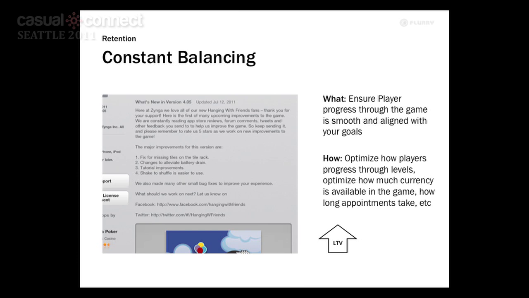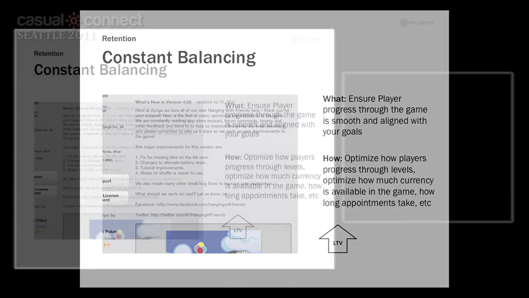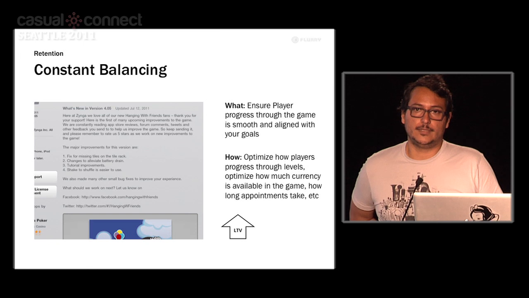You really want to ensure that. Again, you probably didn't worry as much in the old games. You just released the game and that's it. Maybe you would say, oh, we have a lot of players stuck on level 32, maybe we should do something about it. Now you're more focused. You really need to worry about that all the time, because you want to keep players progressing through the game, if that's your goal. If you want people to spend money very quickly, then you need to adjust the game for that as well. So you really need to think about what you want and make sure you're always tuning the game for that. So you see all the time, all these games have updates every week, every 2 weeks,